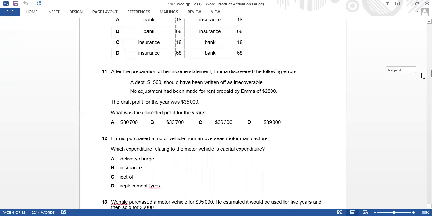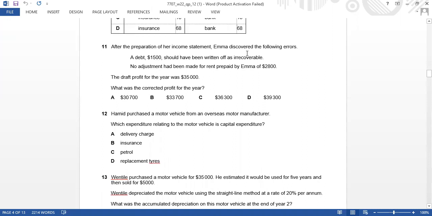Question 11 states that after the preparation of her income statement, Emma discovered the following errors. A debt of 1500 has been written off as irrecoverable. No adjustment had been made for rent prepaid by Emma of 2800, and the draft profit would be 35,000. So from the profit, a debt of 1500, that is irrecoverable debt. That means bad debts will be deducted. 35,000 minus 1500, that will give us